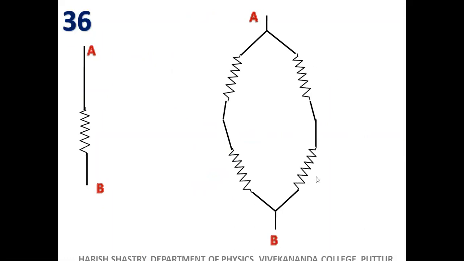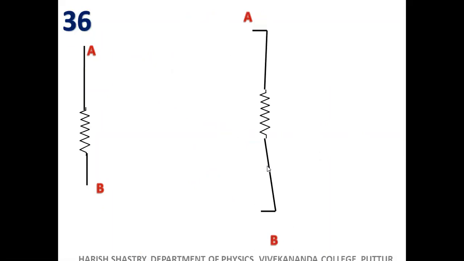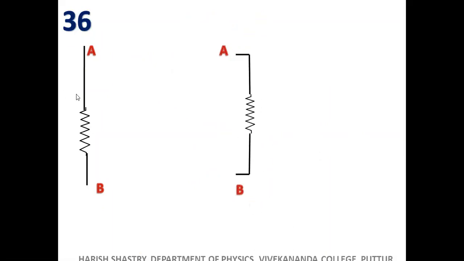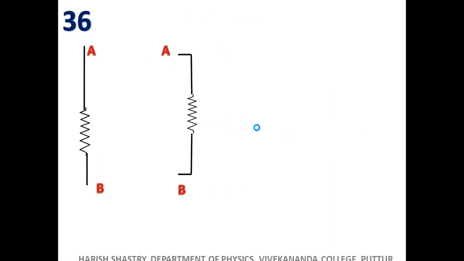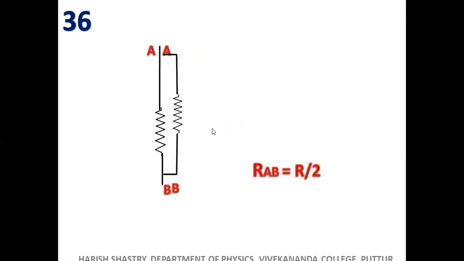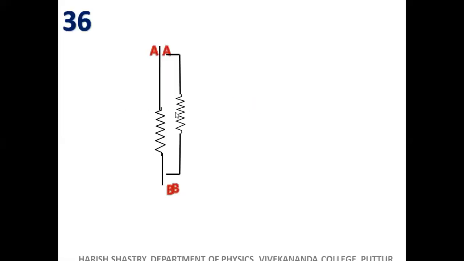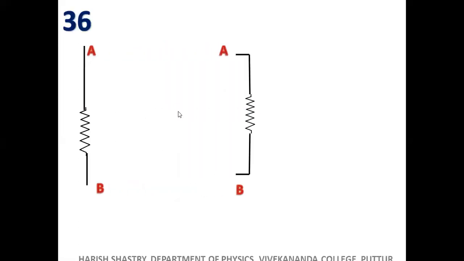Left top, right top. Left below, right below. So this is R. And bring it along with this one, because this resistance was along with this one. This is R by 2. R parallel, because the equivalent of the Wheatstone's network is R. This is R parallel R by 2. That's all. So shall I show it again?